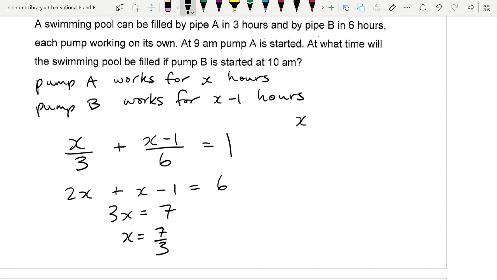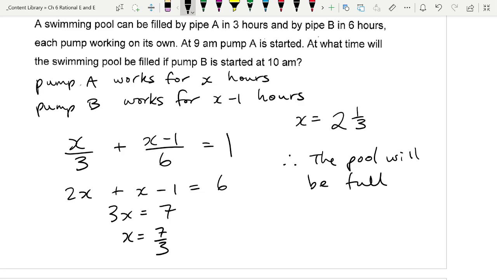So 7/3 of an hour is 2 1/3 hours. And that one I don't need a calculator for. I know 1/3 of an hour is 20 minutes. So therefore, the pool will be full. Now, if I were to just say that my conclusion is the pool will be full in 2 hours and 20 minutes,